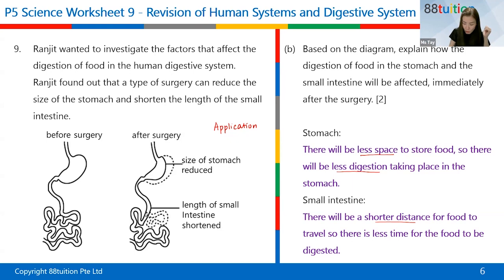So they are trying to see whether you can understand or make sense that the space here is lesser, and then you know that the stomach can contain food to be digested. Since the space is lesser, less food can be contained. So less food digested there. Understand? Similarly, for the small intestine, there are still digestive juices in the small intestine. So if you shorten the path, the time